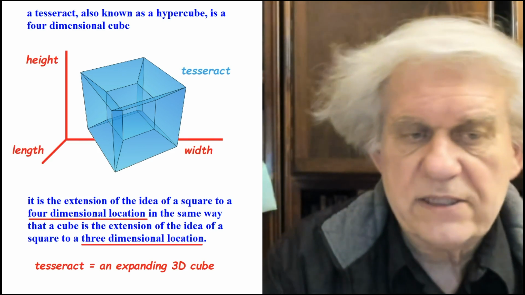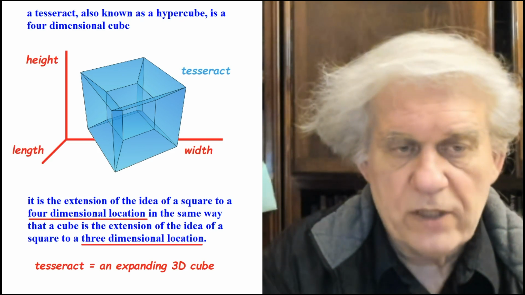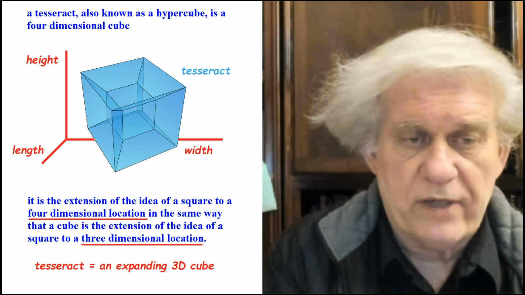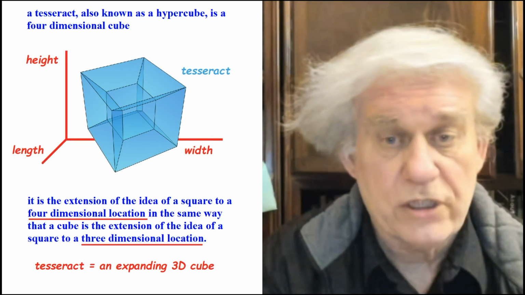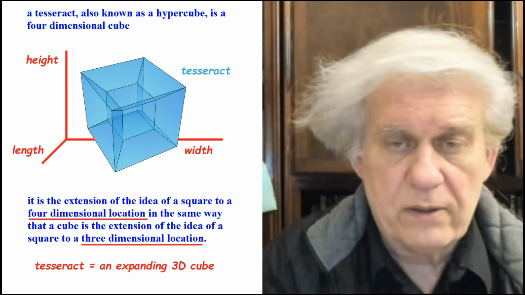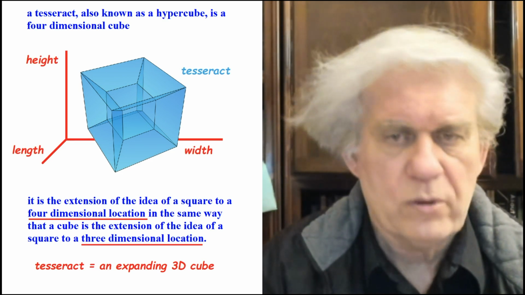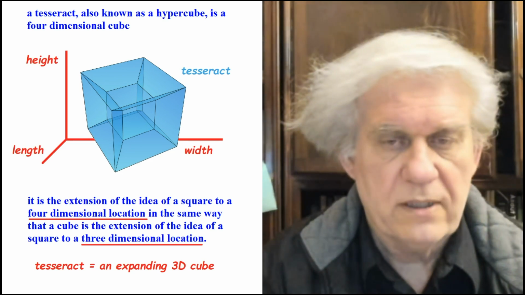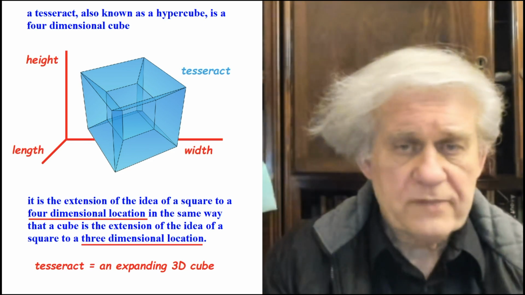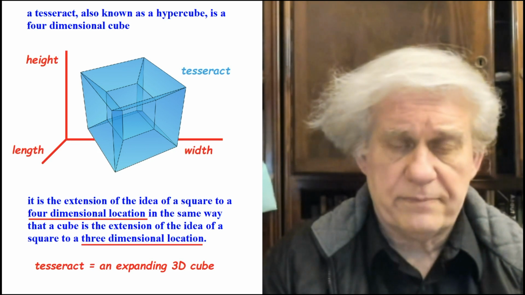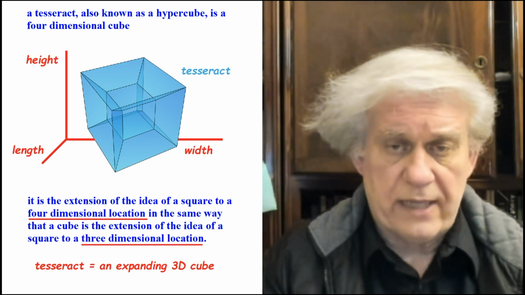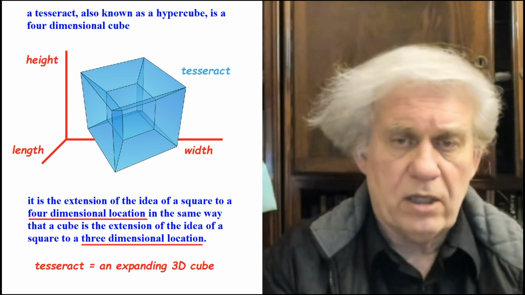And it says, it is the extension of the idea of a square to a 4-dimensional location. Again, I don't know what that means. Locations are not 4-dimensional. Locations are dimensionless. So we have to define the word location so we know what it is. No, location is a concept, and concepts are not made of dimension. They don't have dimensions. Take any concept you want, energy, mass, time, any concept you want. It has no dimensions. What does it have? Length, width, and height? Those are the 3 dimensions. So I'm not sure what dimensions location could have.